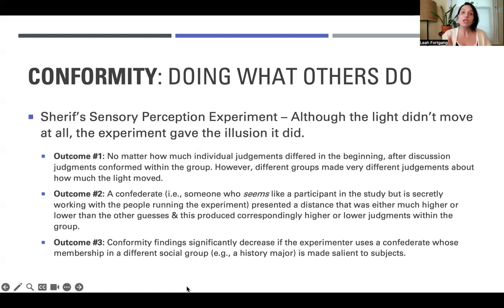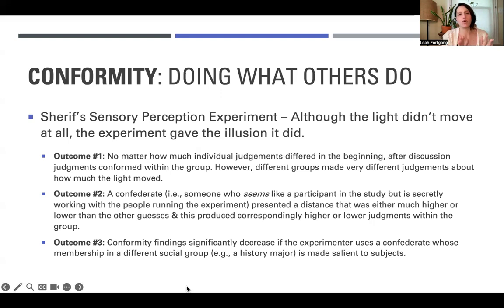But in this third round, what the psychologists did was they told the true participants, the non-confederates of the group, who weren't told there was a confederate in the experiment, okay, so all four of you